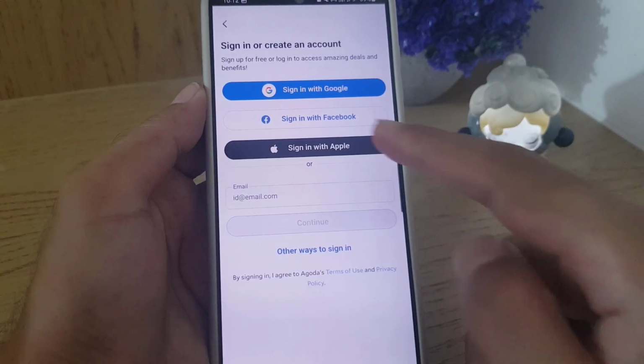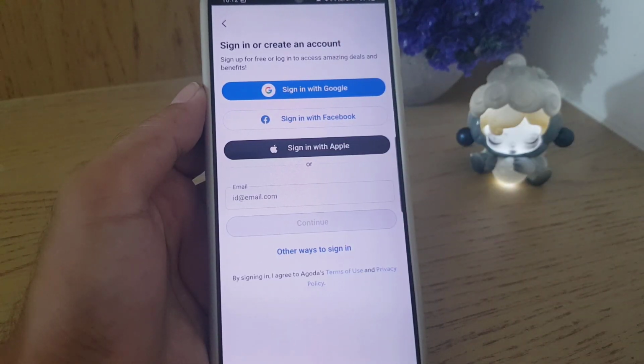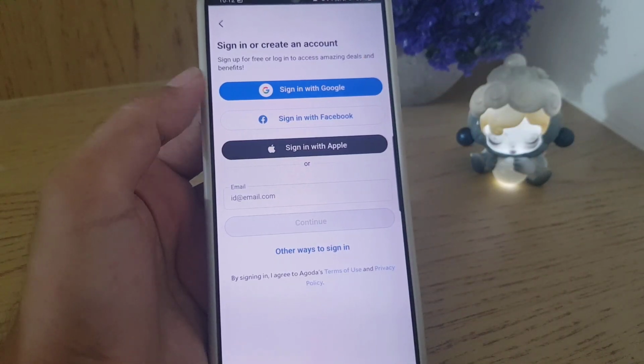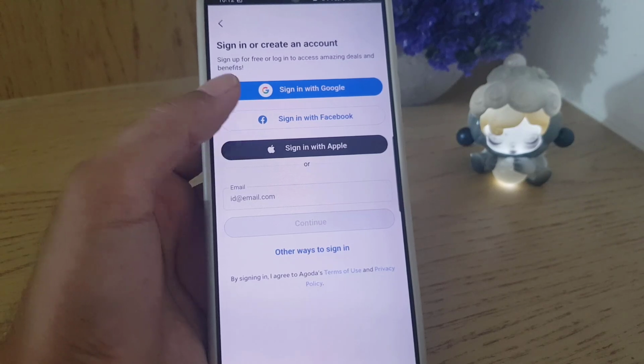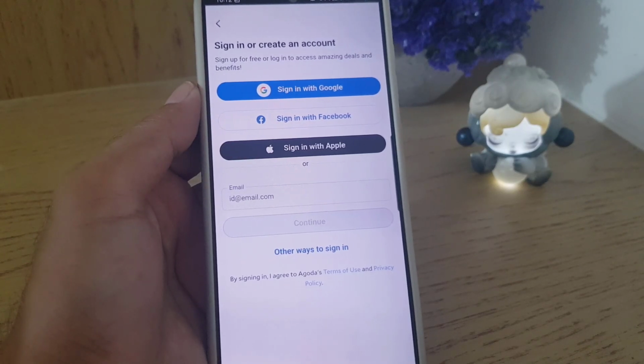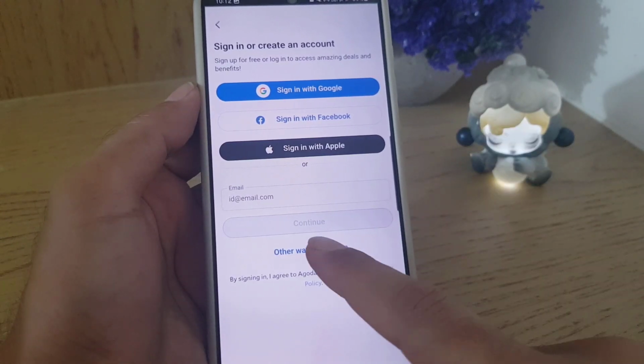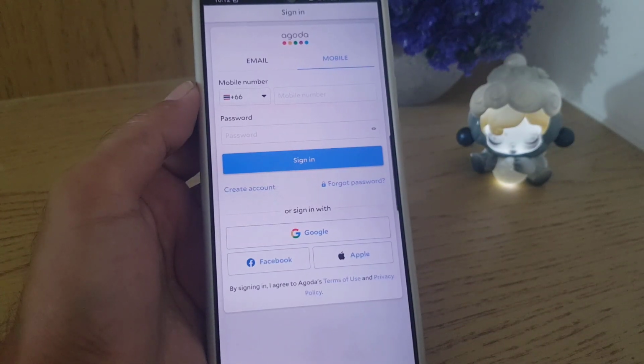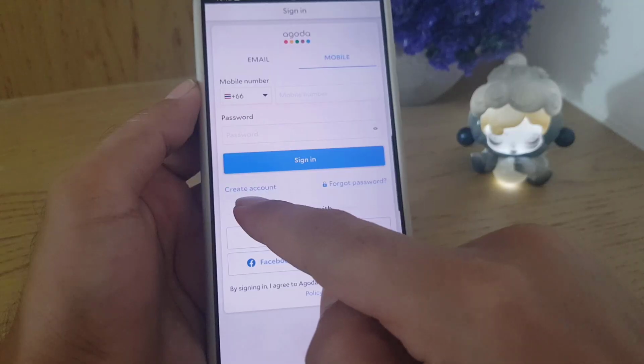So guys, once you open the application, you will see an interface like this: sign in or create an account. So you can create an account using your Google ID, you can sign in with Facebook, using your Apple ID, or you can use your email address as well. And then they say there are other ways to sign in. If I tap on that one and tap on mobile number, here you can sign in or you can create